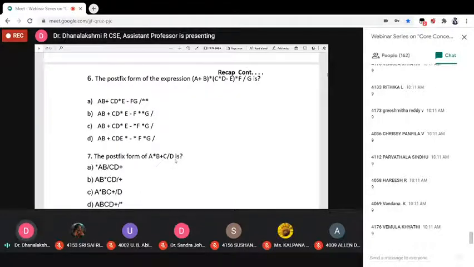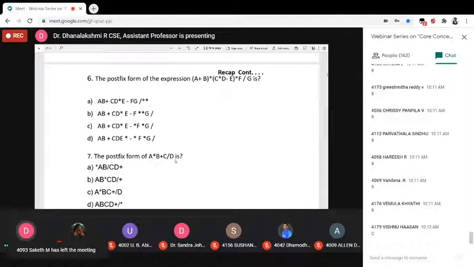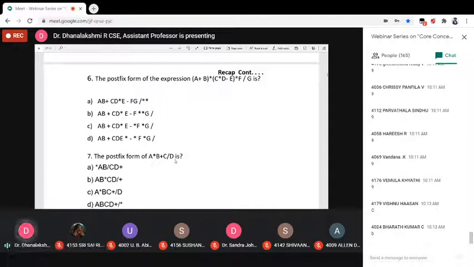Yeah. What is the answer? Answer is, make it fast. Give your answer in the chat box. Yeah, Vishnu Ocean, answer is C. Once again, you have to check. Check your answer. Bharat Kumar also B. You also check whether it is correct or not. You have to pop the operator properly. Why are you all giving different answers? Give the correct answer.